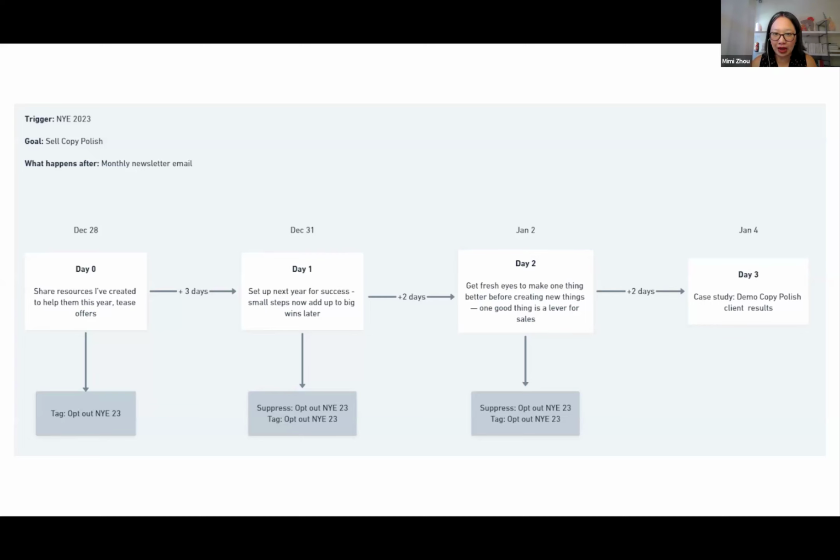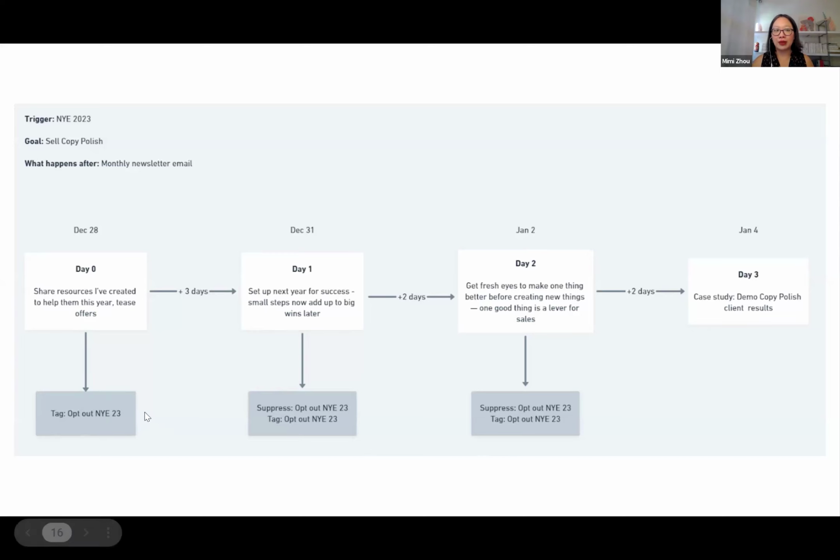So I have a bit more time, so this goes out over a week. And what you see down here is the fact that in each of these 3 emails, people have the opportunity to opt out of the sequence. So how I set this up is at the beginning of the emails, I say, hey, I'm going to be promoting this. If you don't want to get those emails, click here to opt out.